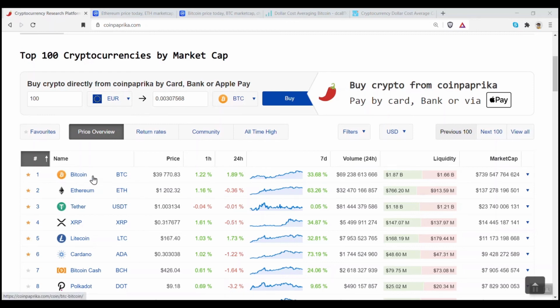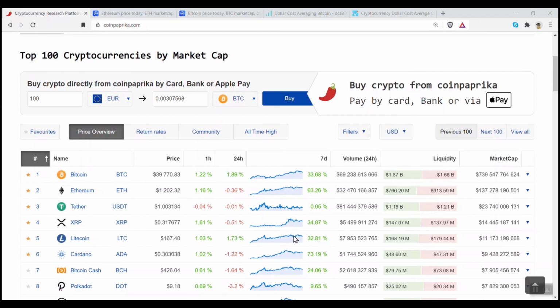But anyway, onwards with the prices, focusing on the major cryptos. Bitcoin at just below 40,000. It did hit it, actually on a couple of occasions, it's hit it over the past 2 days. 39,770. Ethereum just above $1,200. It's had a very good week, 63% up. XRP, it's finally picking up again. It's up 34% for the week. Most of the gains came about 2 days ago.